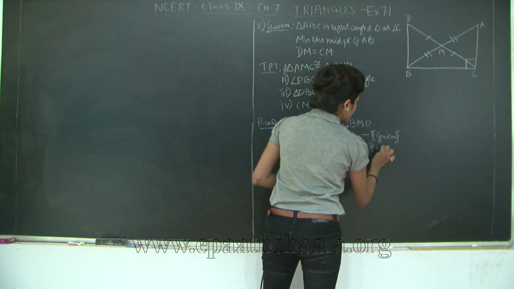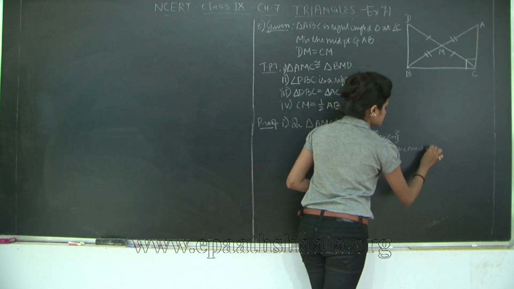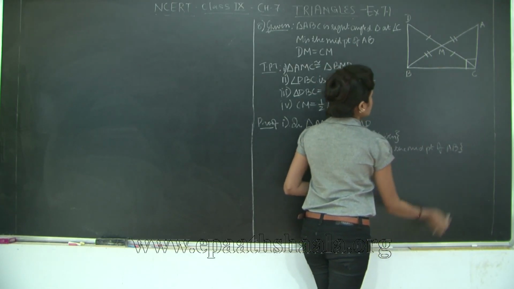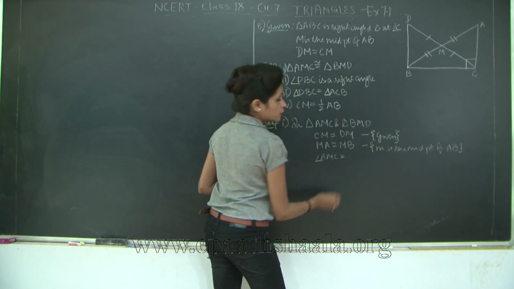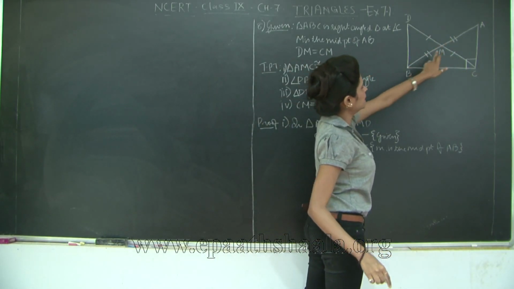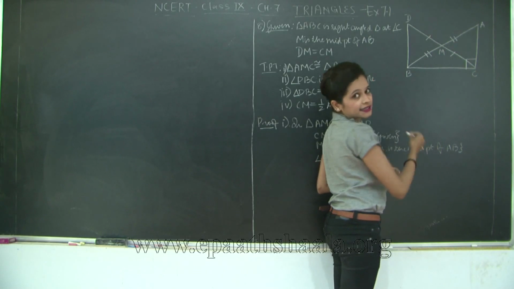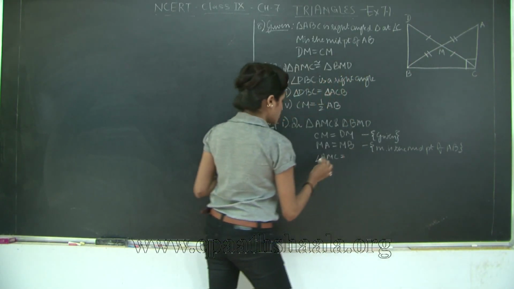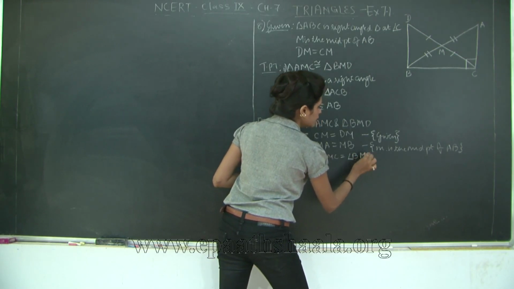Why? M is the midpoint of AB. Also AMC, angle AMC is equal to, now notice the order I am taking. I am taking AMC, so I will take BMD, correct? Because see, we are going from the double dash to the vertically opposite angle, then single dash. Similarly for this triangle, from double dash, then vertically opposite angle and the single dash, correct? So I will say angle AMC is equal to angle BMD. Correspondence is very important, right?